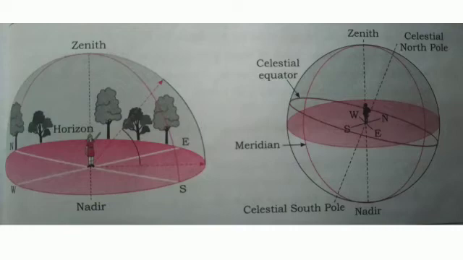Rising and setting of celestial bodies. As Earth rotates from west to east, the sun, moon and the stars in the sky appear to rise in east and set in west. But these celestial bodies do not rise and set at the same time daily. The stars rise and set 4 minutes earlier every day. Owing to the motion of earth around the sun and that of the moon around the earth, the sun moves 1 degree every day and the moon moves 12 to 13 degrees.